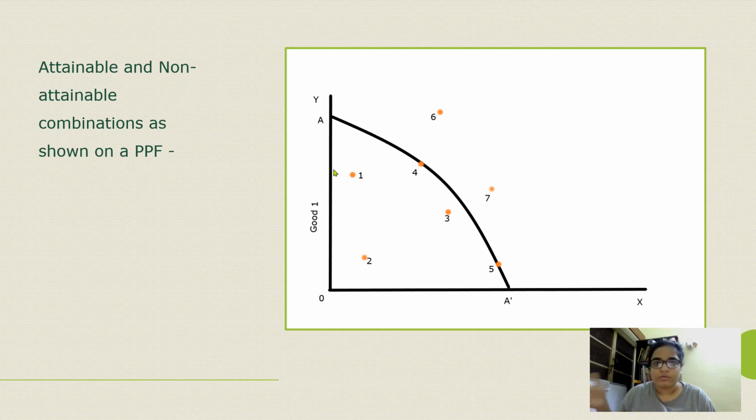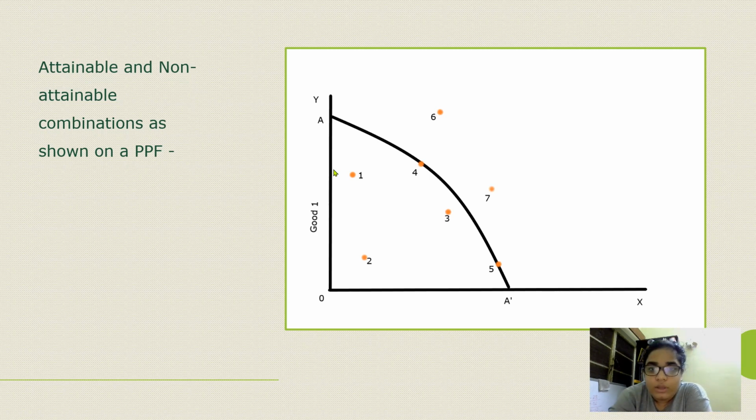Can I buy 2 bottles? Yes. 50, 50, 100, no. I have the money, I can buy. Can I buy both of these? I cannot. Because 100 rupees is, I don't have 200 bucks, no. So in the graph, point 4 and 5, if you can see, are directly on the PPF, complete utilization of